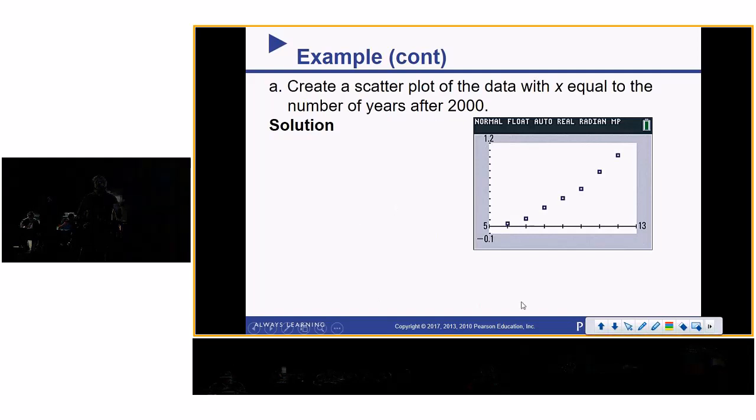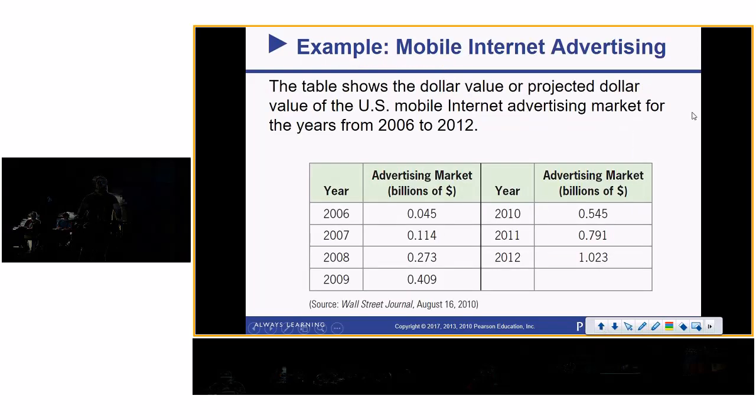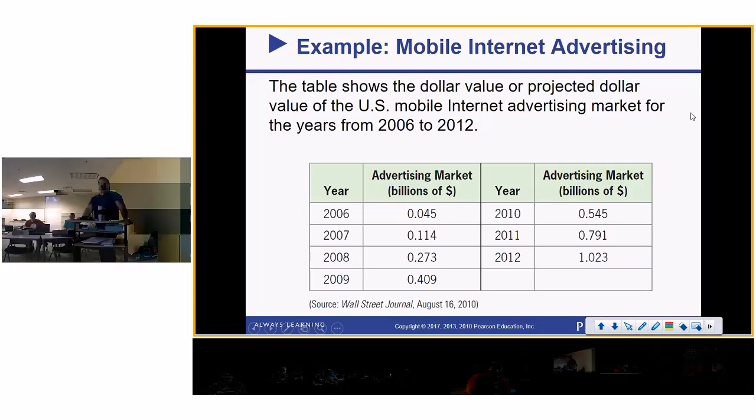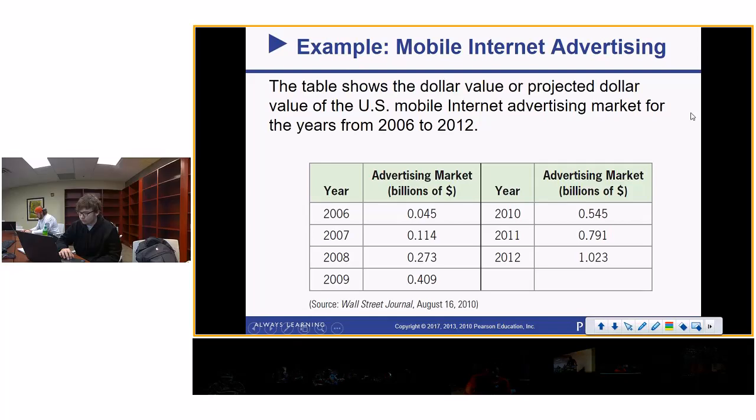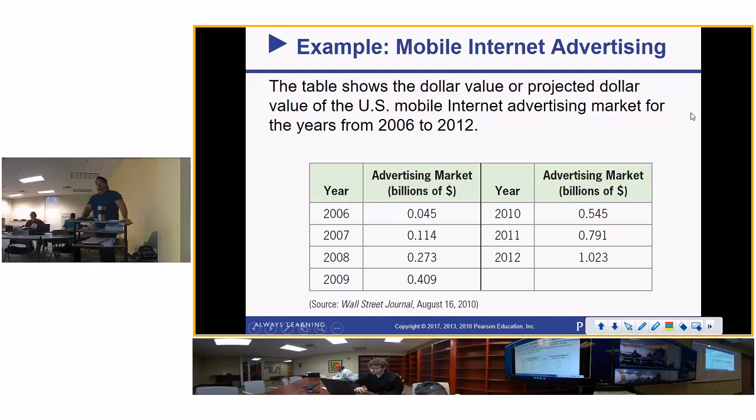Go ahead and write this one down. The table shows the projected dollar value of the U.S. mobile internet advertising market for the years 2006 to 2012. I feel like I've already done this problem. Well, that's all right. We'll do it again. So write down those years, and then we're going to go into the spreadsheet and do a trend line, and then we're going to do it in the